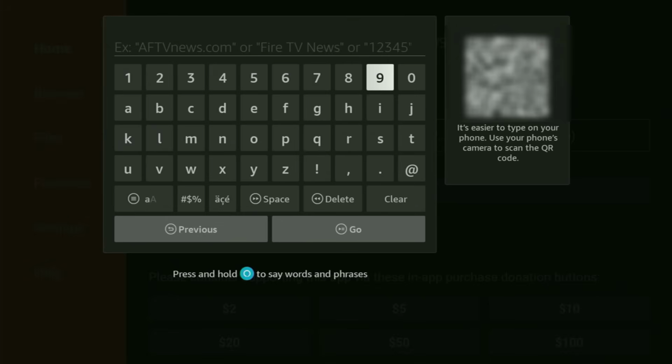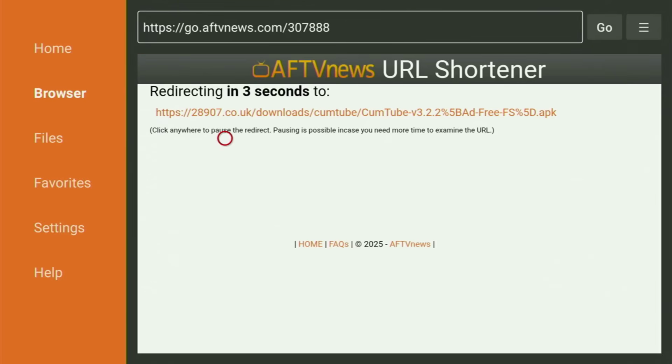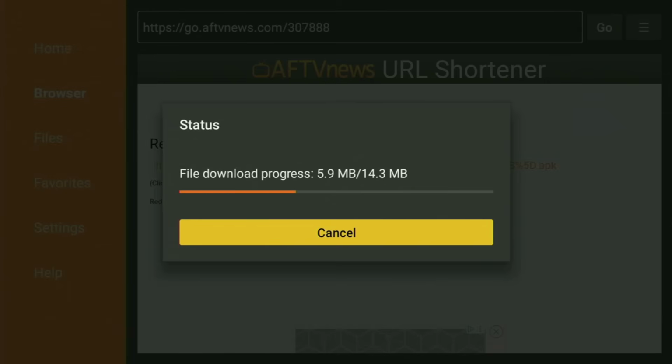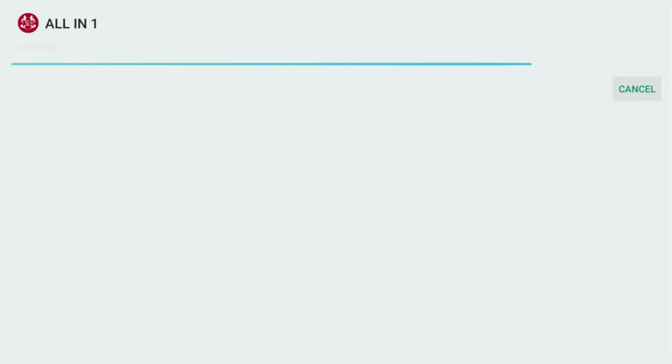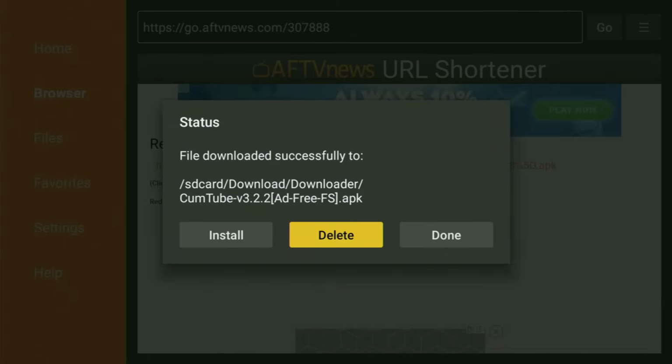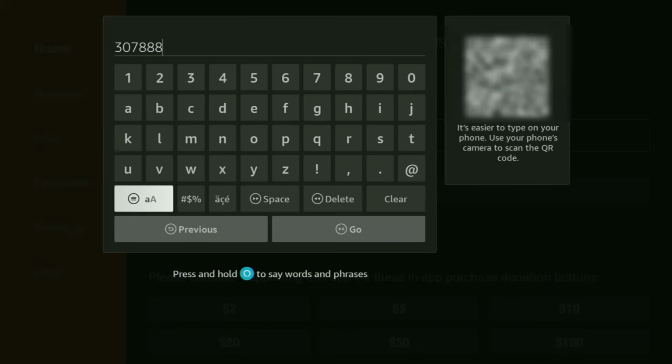So next code is going to be 307888. So 307888. Click go, and now we'll start downloading another app for you. And here you go. The download of this one has also started for you. Make sure to install it, and then delete the files. Again, we return to the home page, and now it's gonna be